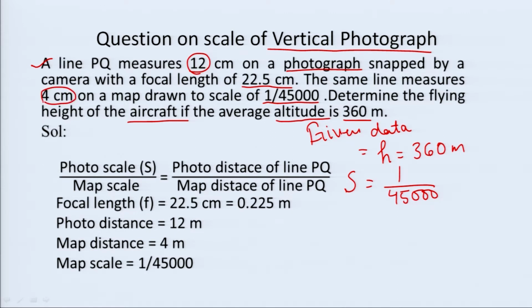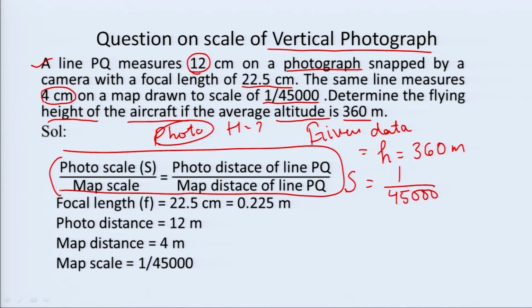These are the two different measurements using a scale. First of all, we have to calculate the photo scale. For calculating the height, that is H, we have to determine the flying height asked in the question. So, first of all we use this formula